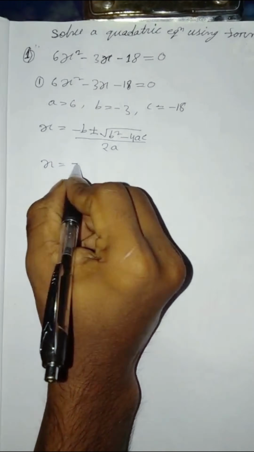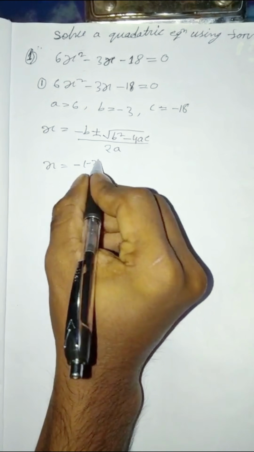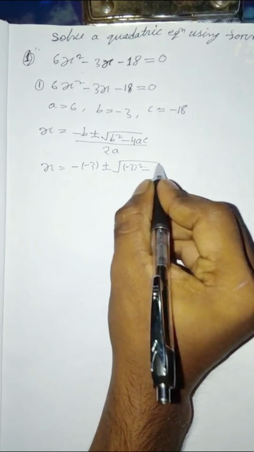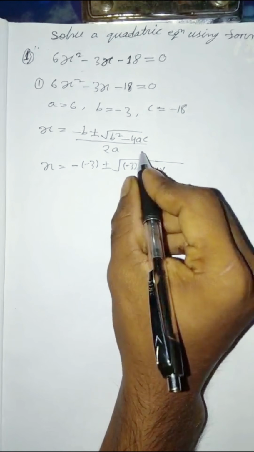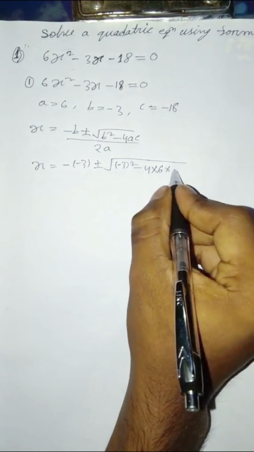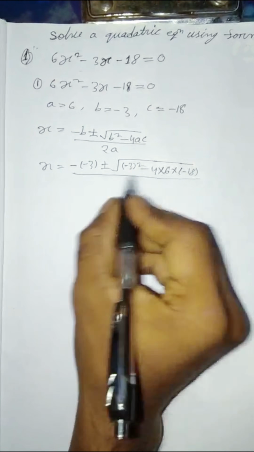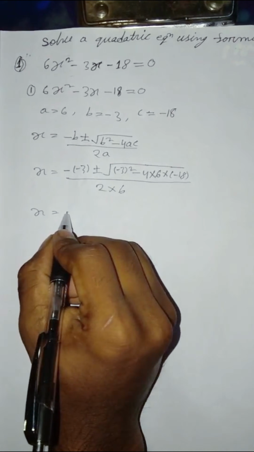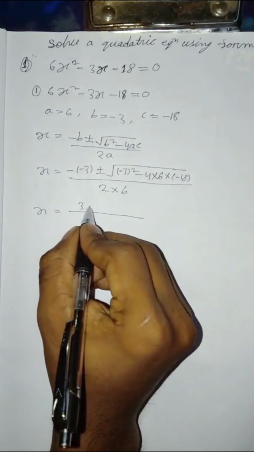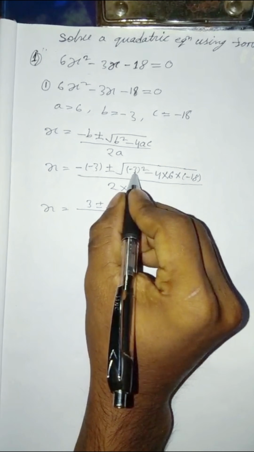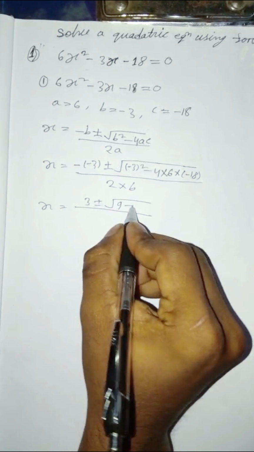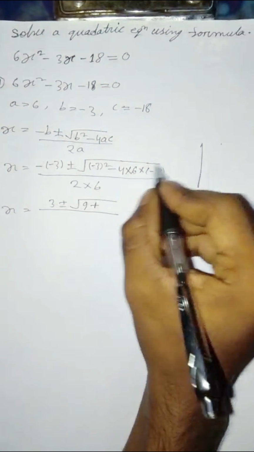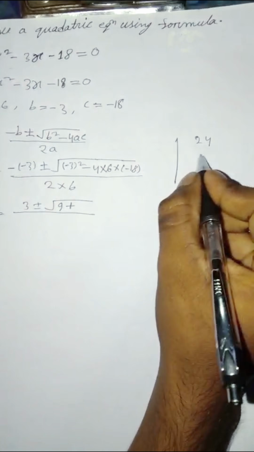x is equal to minus b, which is minus 3, plus or minus under root b square, which is minus 3 whole square, minus 4a, which is 6, into c, which is minus 18, divided by 2 into a, which is 6. Here x is equal to plus 3 plus or minus under root minus 3 whole square, which is 9, minus and minus plus this portion, 4 into 6 is 24 and 18,